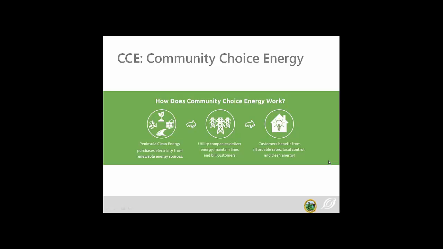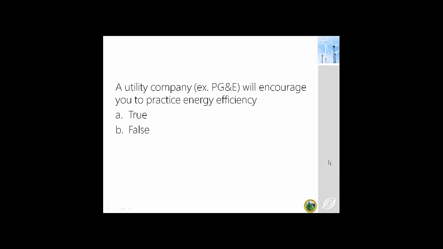There's also something called a community choice energy, or CCE. Basically, community choice energy companies buy energy from a renewable source that's not local, and then they transport it through the utility's infrastructure, and your customer can buy energy from this company. So these energy companies don't have to build their own infrastructure in the state, which is very expensive and inefficient. If you already have lines going to every household, it's a lot easier to just use that line. So it's a partnership.